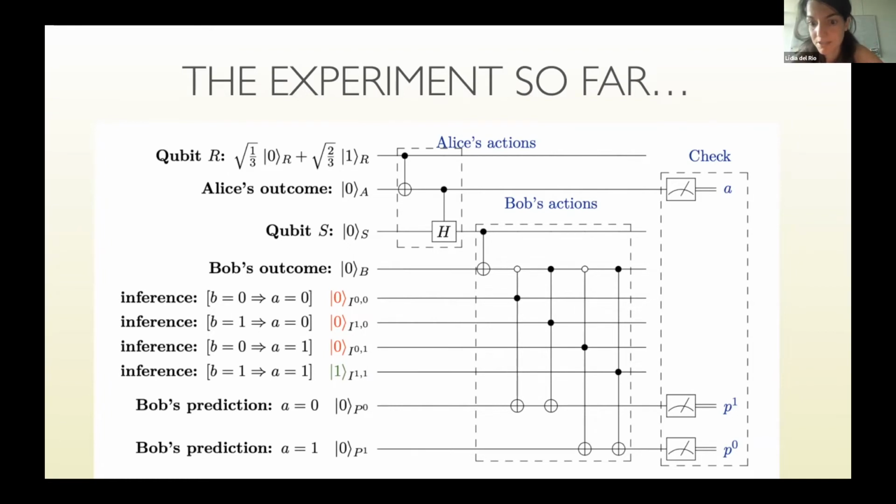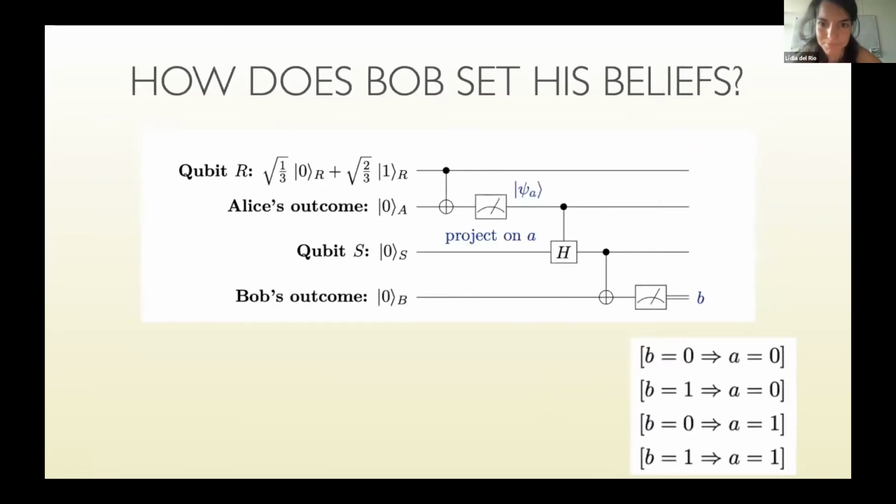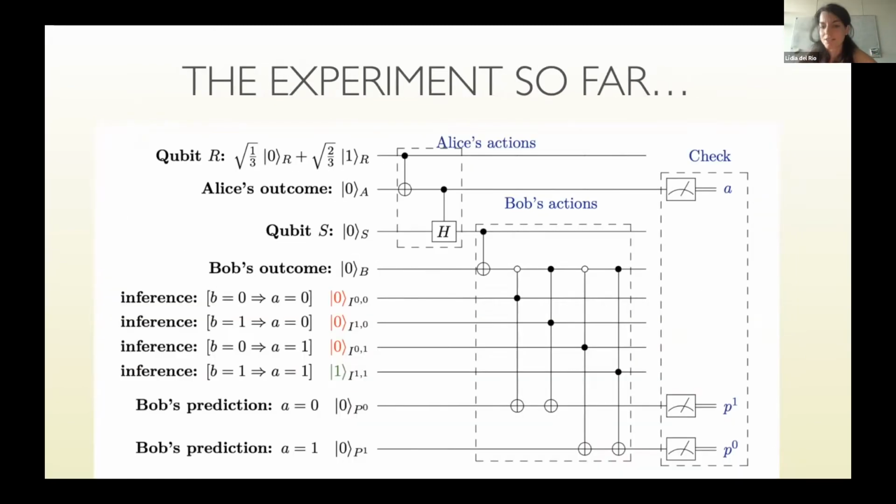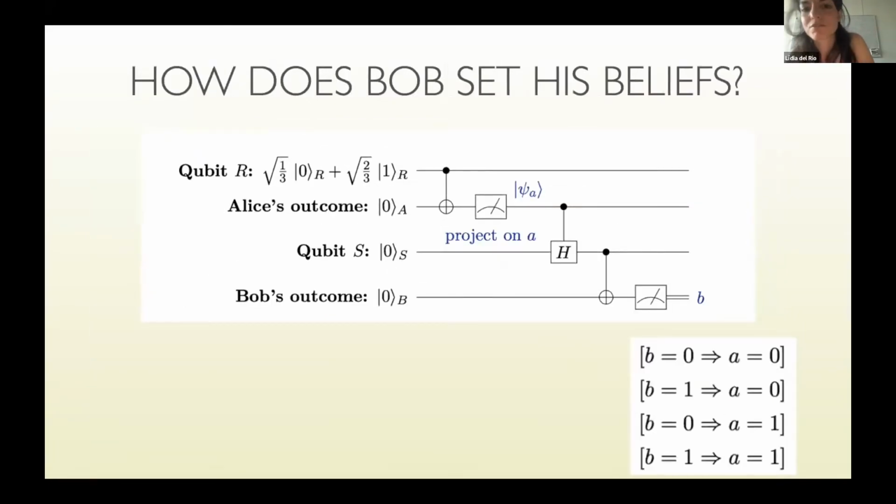Okay? So we say, Bob, before he even measures S, he's going to run in his head, he's going to think about the logic of it all. So for this, what does he do? He runs a small simulation, right? He needs to know, okay, if I measure this, then it means that Alice got that or not.